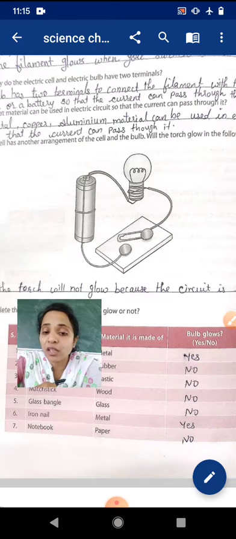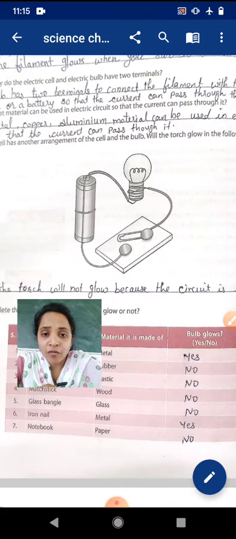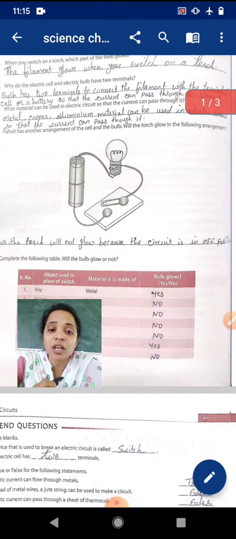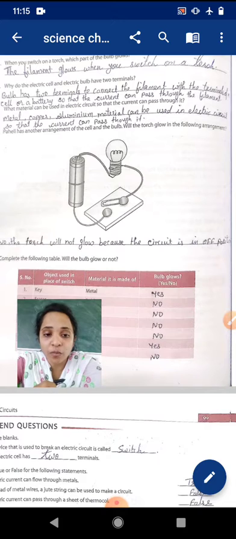That means you have to make the connection of the wires, or draw the pins, and all these things we have done in the videos, right? But here, no, the torch will not glow because the circuit is in the off position.